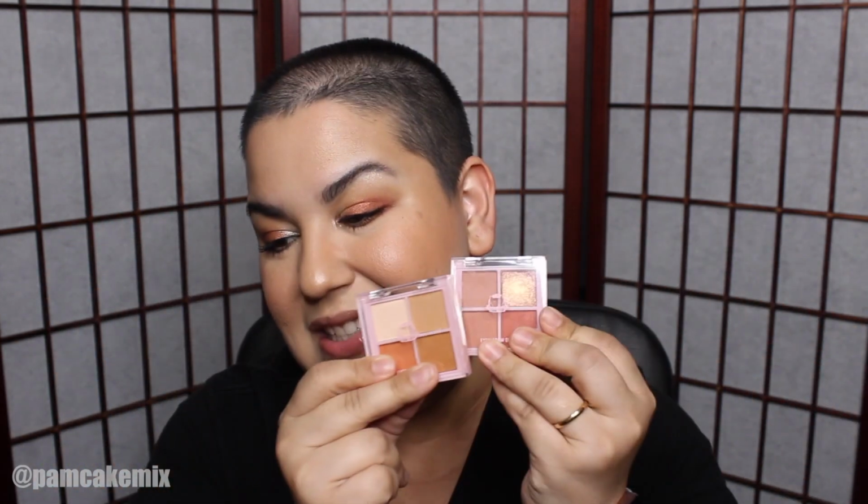And the other one I thoroughly enjoy, and that's because I'm a matte lover, is Zinnia. I definitely love the fact that they're all matte shades. This will be like an everyday go-to palette for me because this would be super easy to stick in my little makeup bag here and just use my highlighter as an inner corner highlight and done. Like my look is complete. So I definitely love those 2. If anything, I definitely recommend, if you're going to shop on Shopmissa, pick up these 2 because these 2 are